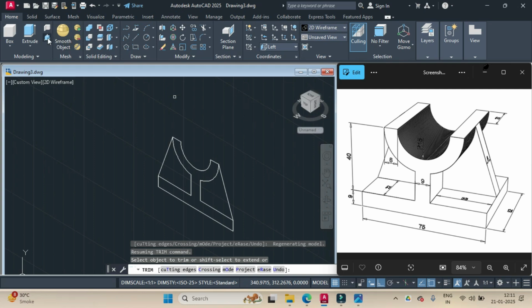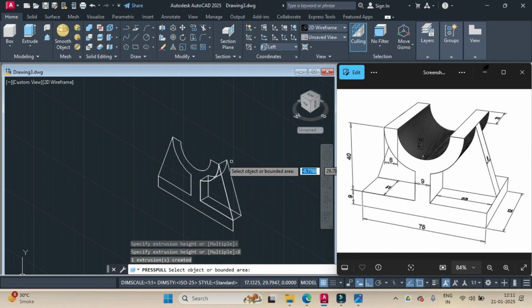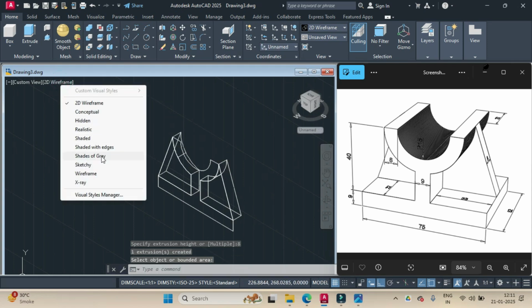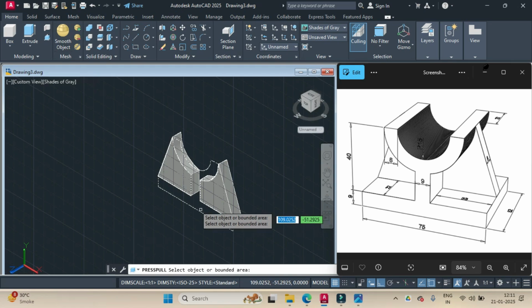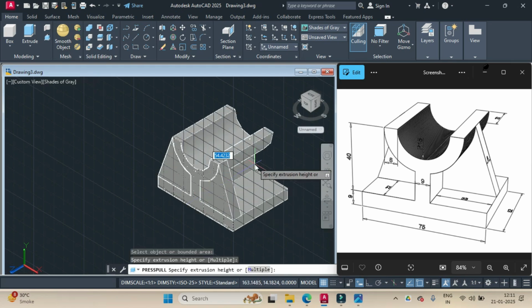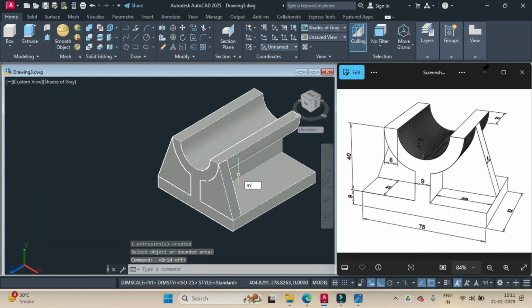Let us first use the press pull command and select this face and extrude it to a thickness of 8 units. Enter. Select this face, extrude it to a thickness of 8 units. Press escape and instead of 2D wireframe, make it shades of gray. Then again use press pull, click on this face and extrude it to a thickness of 52 units. Press escape and then turn the grid off by pressing F7 and then move